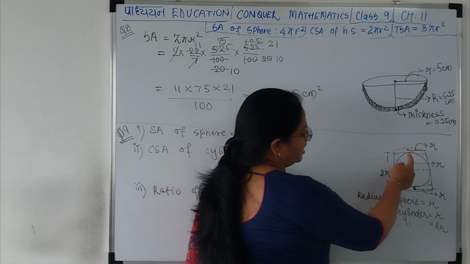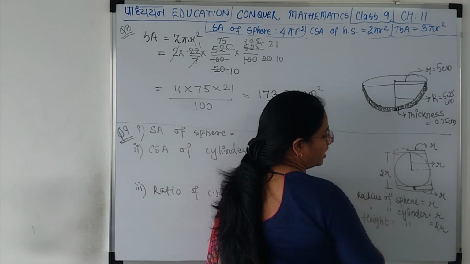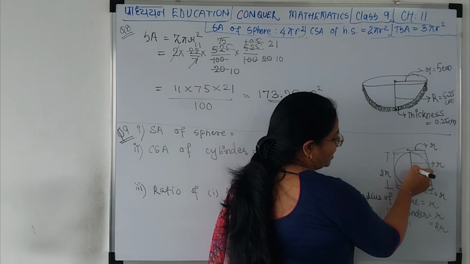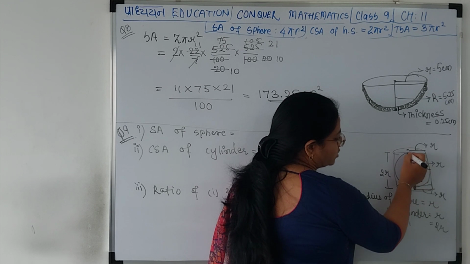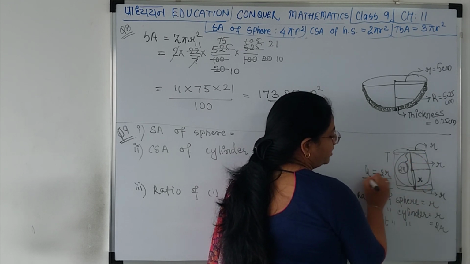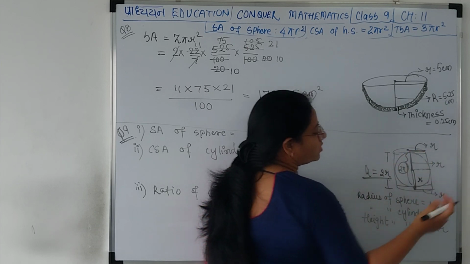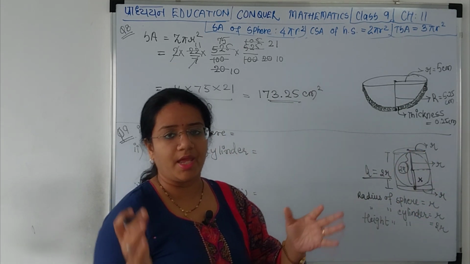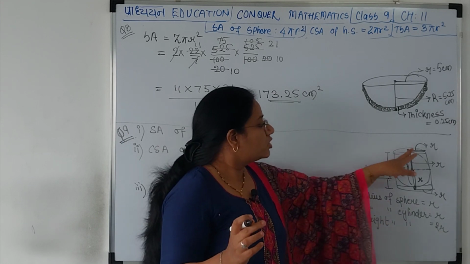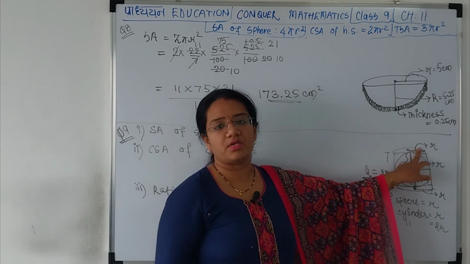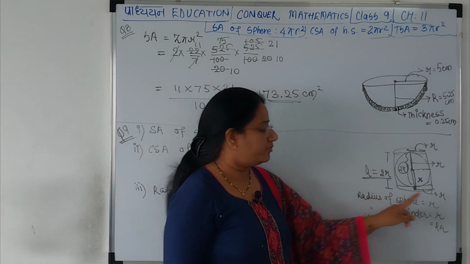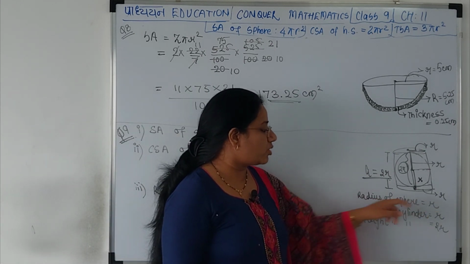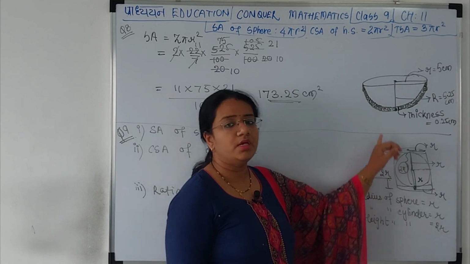What we will do is understand that if this whole thing is a sphere, then its radius is r. That means this is also r. So how much will this total be? It will be 2r, which is nothing but the height of the cylinder, correct? And it just encloses, meaning the sphere is perfect as it is level to the cylinder. So the radius of sphere is equal to radius of the cylinder. So we have written the radius of sphere is also r, radius of cylinder is also r, and height of cylinder is going to be 2r.